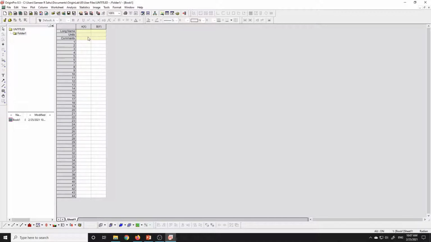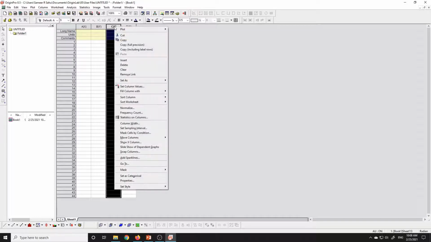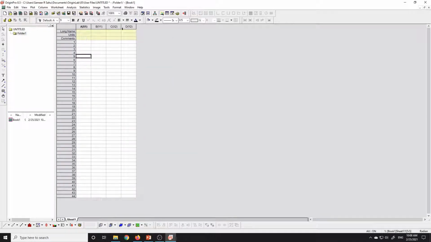Okay, if you want more columns, just press Ctrl D. How many columns you want to add? I will go for 2 more. Okay, and it is very very easy to use. Suppose you want the x is common, but you want 2 y's. So this is already x, this is y. Let us set this as x. Right click on it and set as x. So see, automatically x1, y1, x2, y2.